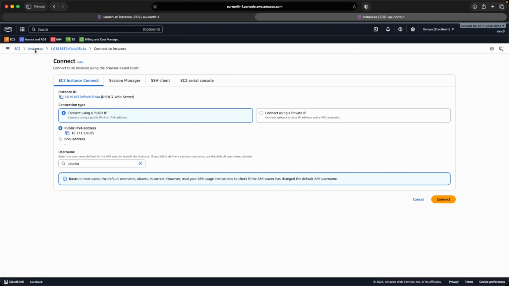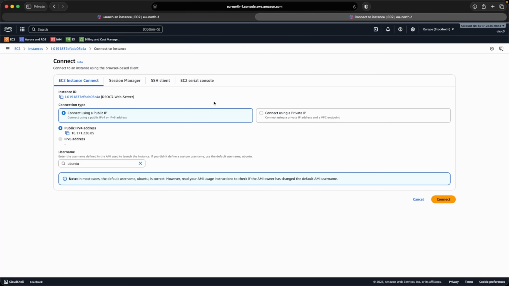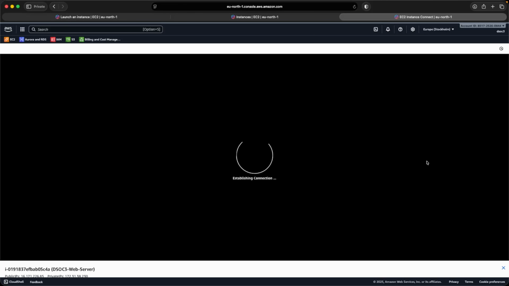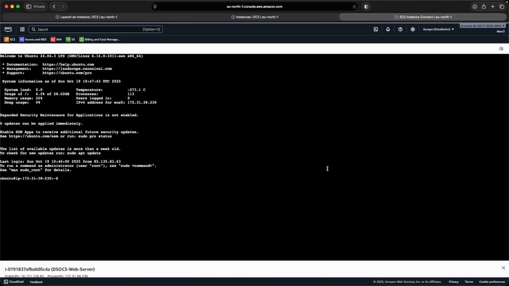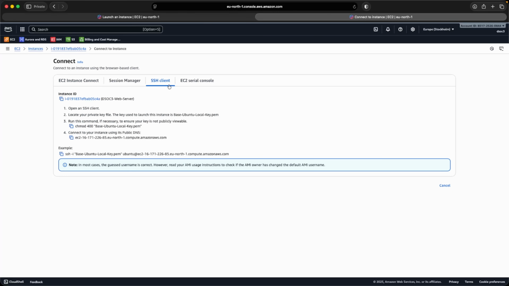If you don't want to do that, you also have the option to just select this and directly connect over here. If you click like this, your session will be open for you, and after that you will be able to work. If you don't want to do this, you have another option, connect SSH client, and